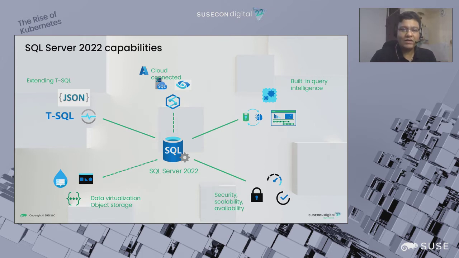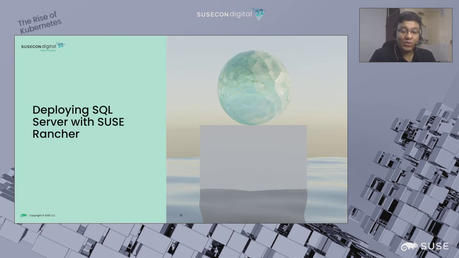So as you can see, it's very heavily loaded, with a lot of new features, and we are pretty much giving you an end-to-end set where you could run your analytics, DR, T-SQL, query intelligence, all of that together with SQL Server 22. With that said, I think it's time for us to come back and look at how today you can deploy SQL Server using Rancher. Last time we saw Terraform, we saw Helm chart. Now it's time for us to look at Rancher in action to deploy SQL Server containers. And for that, I would have to request my colleague James to give us more information on this. James, over to you.